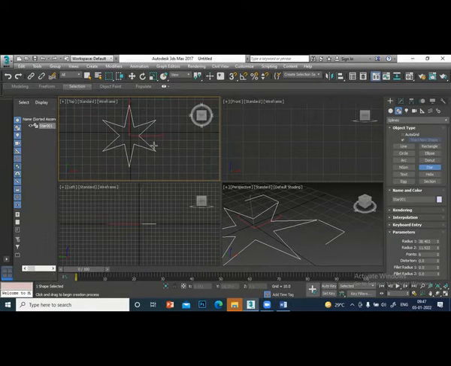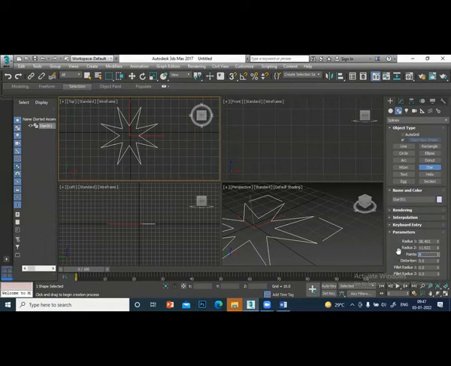How many points do you want? 6 points. You can increase the points to 8. And you can curve all these corners. See the fillet corner. You can give some value, 6. This is rounded. If you want to round here, fillet number 2.5. You can do different things using the fillet radius here.